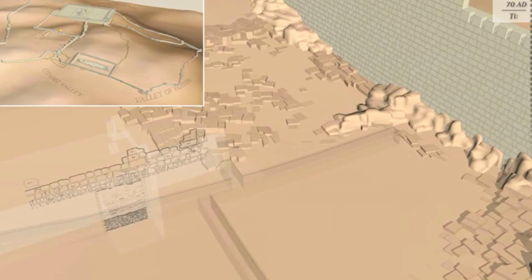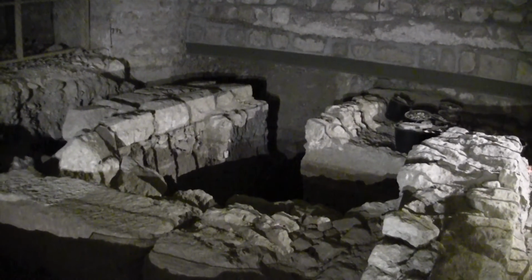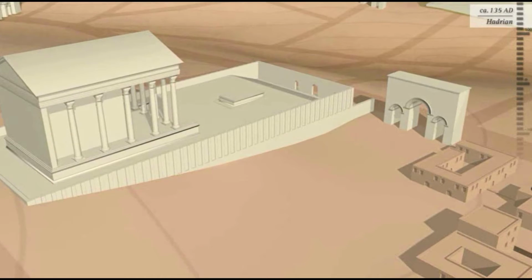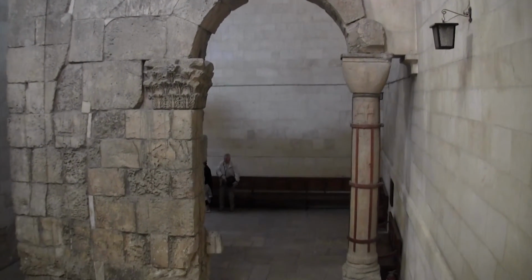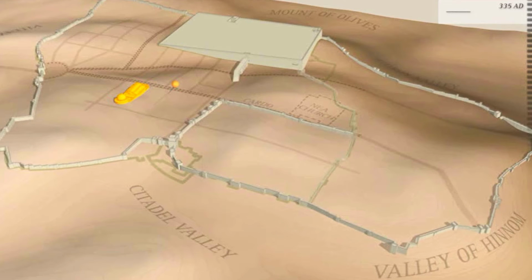In the year 70 AD, Jerusalem was intensively destroyed by Titus, and for 60 years the city lay in ruins. In the year 135 AD, Emperor Hadrian filled the quarry, and in the midst of the new city named Aelia Capitolina, some buildings emerged, including a temple for Aphrodite. A gate of this temple can be seen nearby at the Church of Alexander Nevsky, for which I have a separate video. In the year 325 AD, Emperor Constantine accepted Christianity as the Roman Empire religion and built a massive